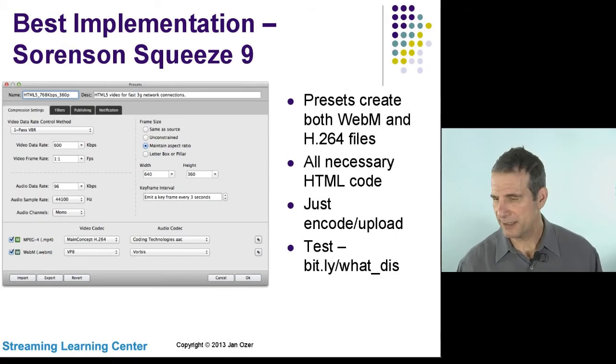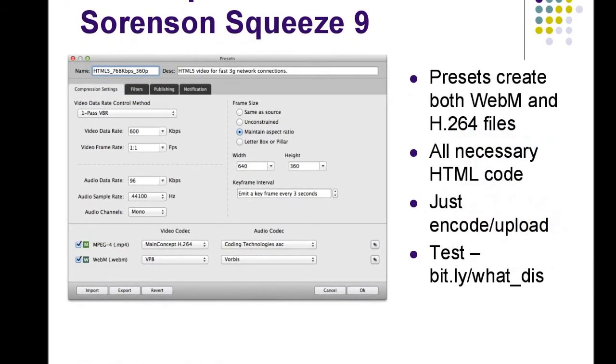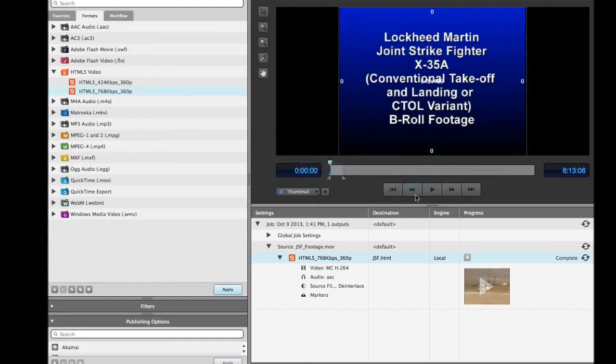So how do you do it? Let me go to full screen again, and let me go over to Sorenson Squeeze, which is showing here, and this is the file loading area. These are the presets area, and as you see, there are two presets. There's a preset for 360p, or 640 by 360. One is about 424K, one is 768K. You apply that by dragging it down into the settings window here,